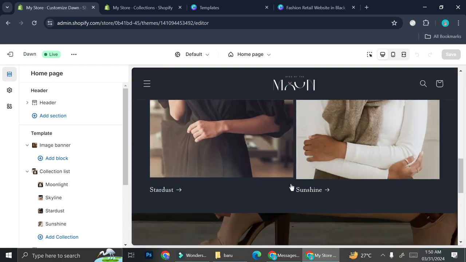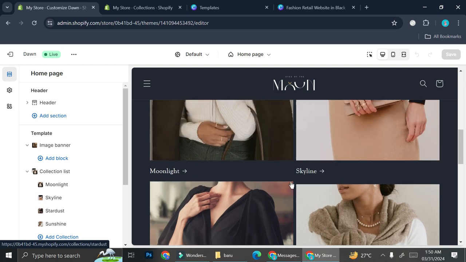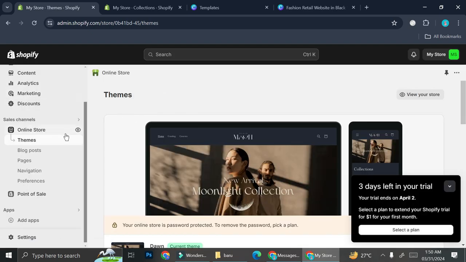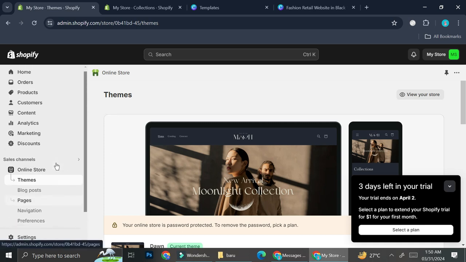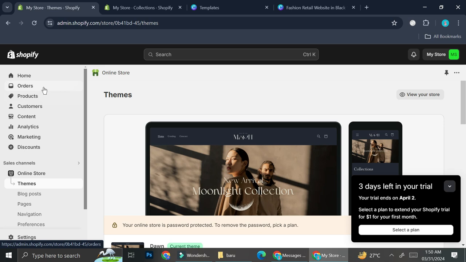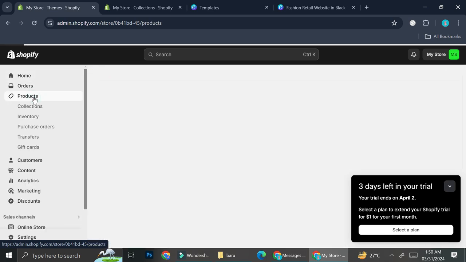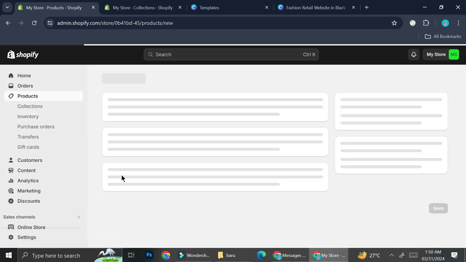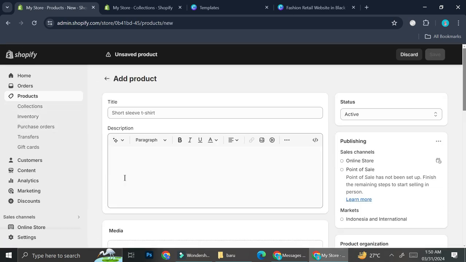Now that you know how to design the website, I'm also going to show you how you can edit products for your website. Now, once you exit your website editor, you're going to be able to find this product option on your dashboard of Shopify. So through here, you'll be able to add your product. All you have to do is click add product. Then